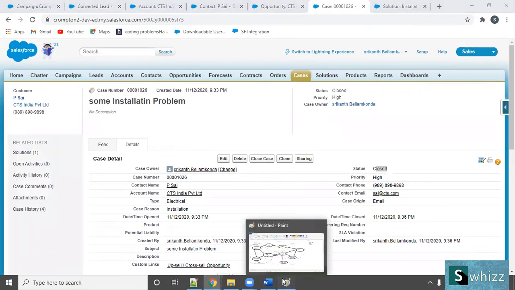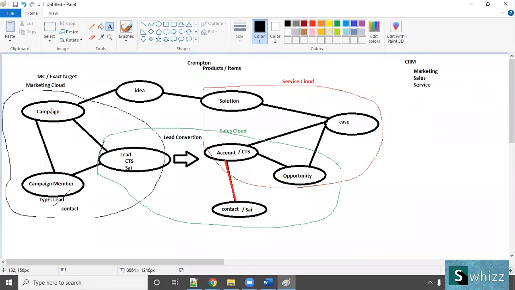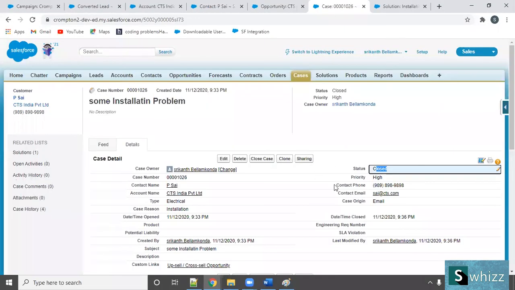So you have to start from the campaign and end at the solution, touching all the core objects. That's why if you go to the sales application, you can see all objects in a single format. If you didn't find any object, just click on the plus mark and try to create new records. So I created a record inside Classic, right? Is it visible in the Lightning experience or not?